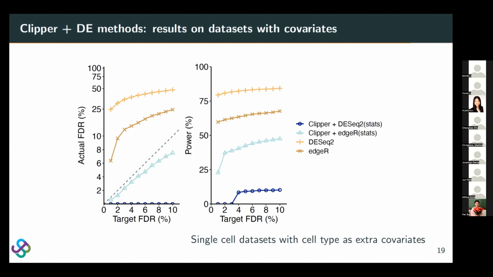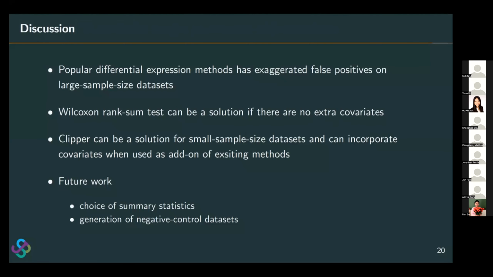So from these results, we can see that when we use Clipper as an add-on, we can correct the false positive issues of existing methods, no matter whether they have extra covariates. It means that for large sample size datasets, a very good solution to solve the exaggerated false positives is to use the Wilcoxon rank-sum test. And for small sample size and datasets with extra covariates, we can use Clipper as an add-on to fix the